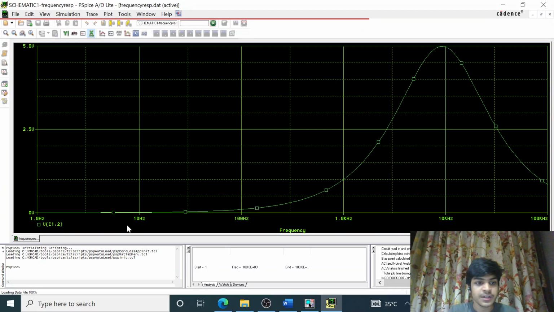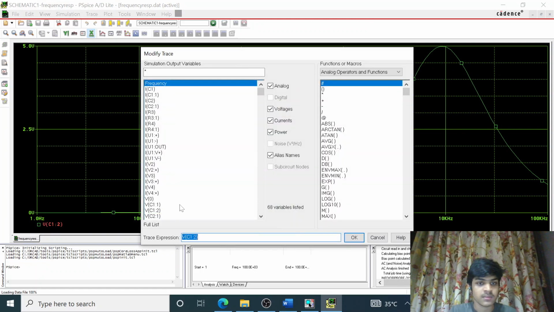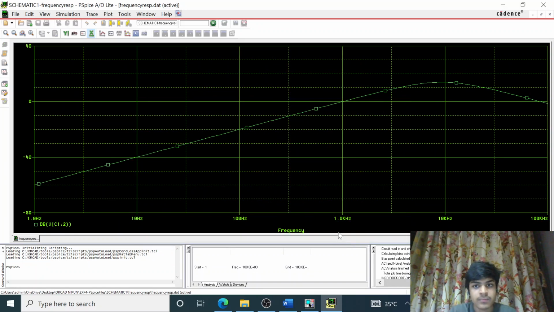I'll convert it into decibel by the following method. As you can see, this is the frequency response graph that we get.